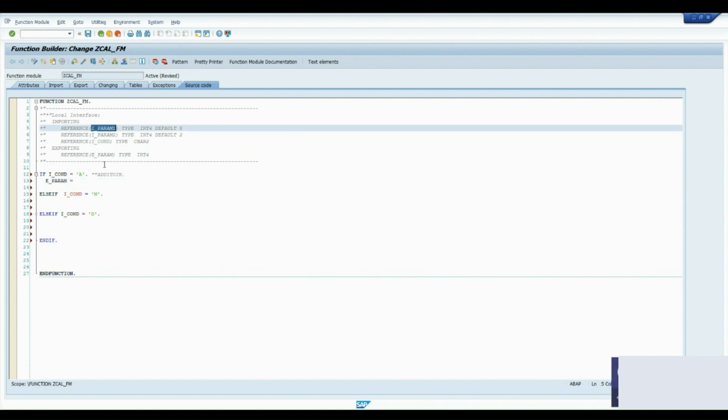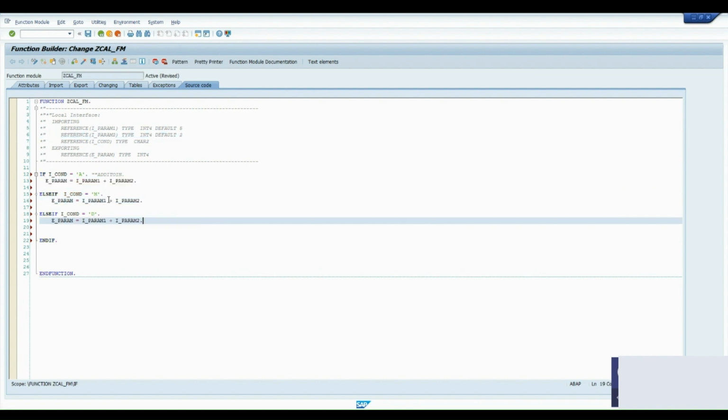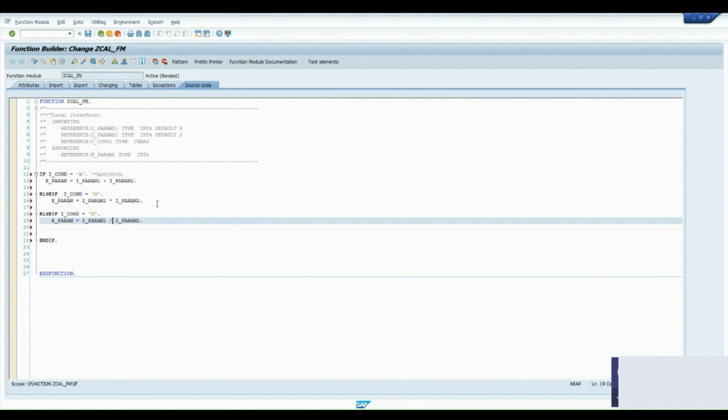Suppose, very simply, you can simply do this and this, I param 1 and I param 2, and give a multiplication and give a division over here, and just simply activate it. Thereafter, once it is done,